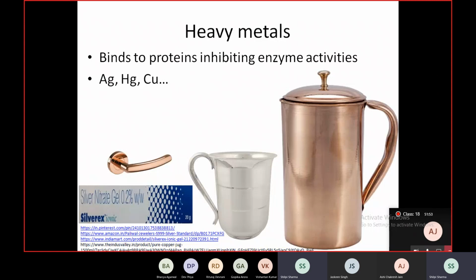If you look in Prescott, you might find more, students. I'm only taking up just some of the very common ones which you have encountered. So heavy metals, these are in fact kind of the first chemical disinfectants to be used in history, since ages. Heavy metals, they kill microbes by binding to proteins, thus inhibiting their enzymatic activity.